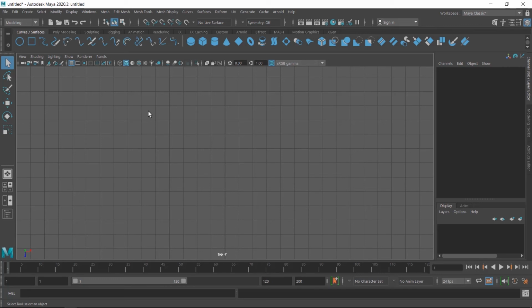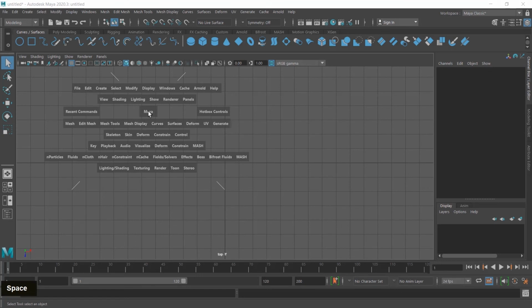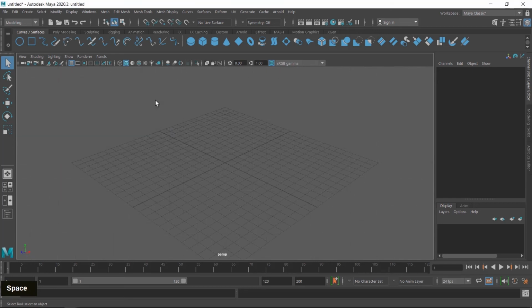When you press the space bar, a hotbox menu is displayed here. Hover your mouse on the Maya button and then right click, and here you can see the different viewports available, and you can directly switch from one viewport to another. If you want to switch to the perspective viewport, release your mouse here and you immediately switch to the perspective viewport.